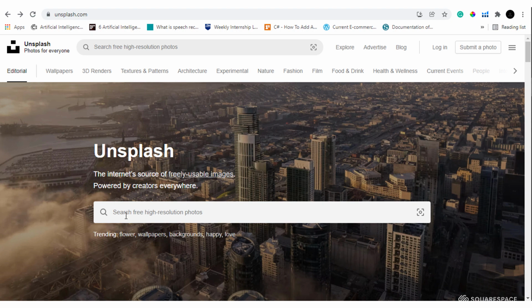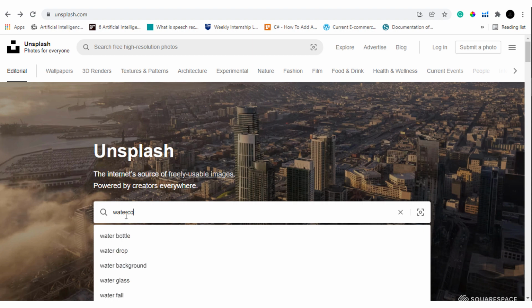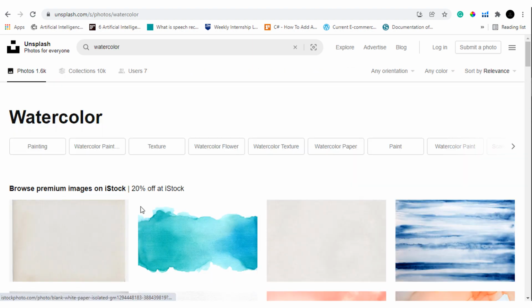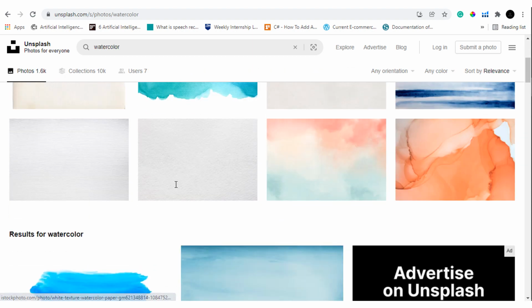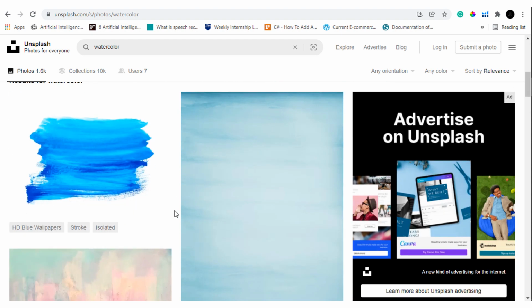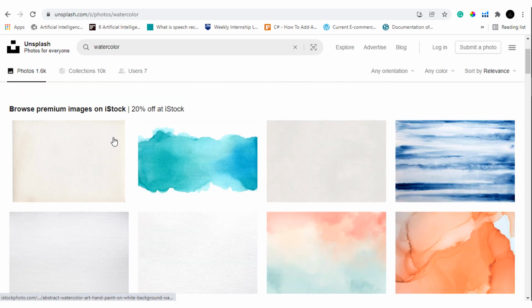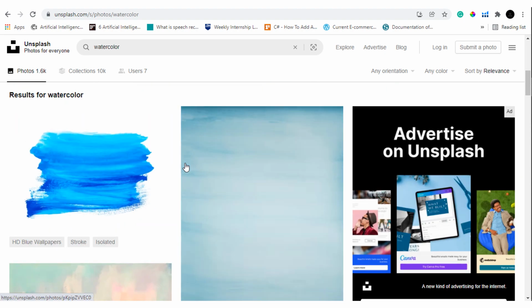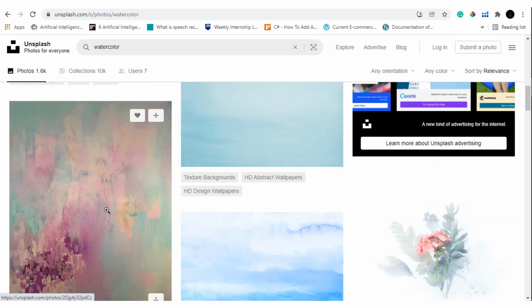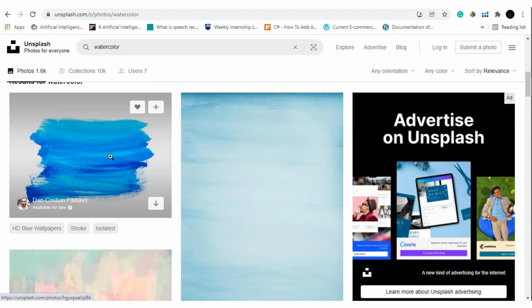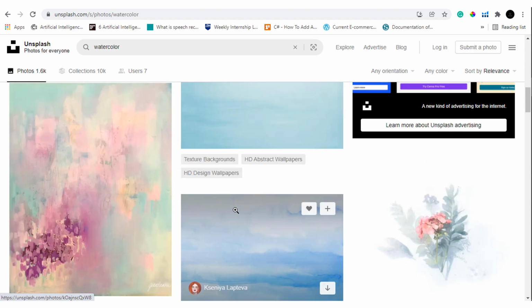So let's search for some watercolor textures here. These are the advertisements by iStock, so let's look below. As you can see, various different watercolor textures are available.